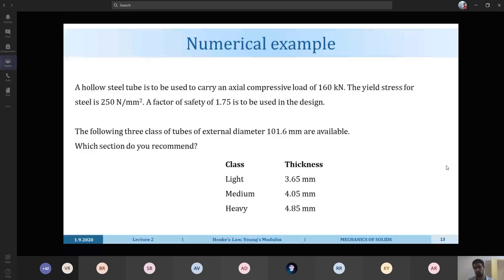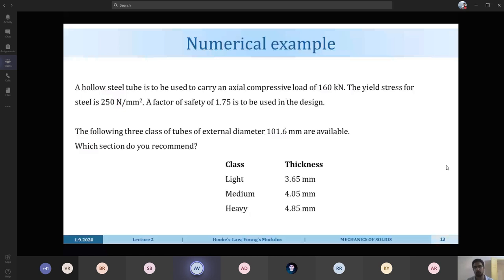But sir, I did it in this way, and I got everything same as what the other students found. Yeah, maybe it will come the same way, because this is called the working stress method, and the same thing you can apply, because it's only the mathematics part. You are just using the factor of safety. You are just trying to figure out what is the maximum working stress here.